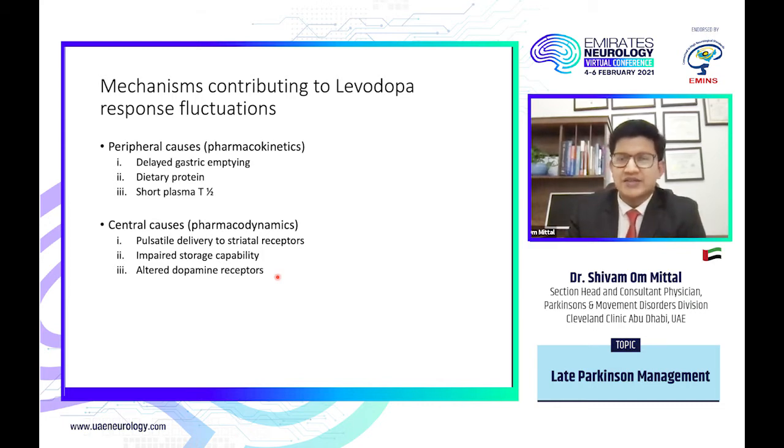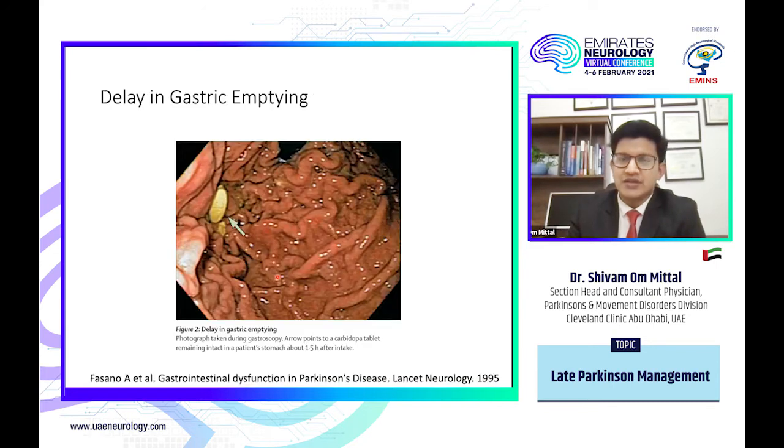We know there's a delayed gastric emptying and there's a lack of absorption, and how we can optimize the levodopa absorption as it reaches the brain to provide a sustained supply, to have a continuous dopaminergic therapy. And you can see this is a very interesting photograph where it's a gastric mucosa. So this patient was scheduled for a Duopa pump, and the patient took a Sinemet levodopa carbidopa medication 2 hours before